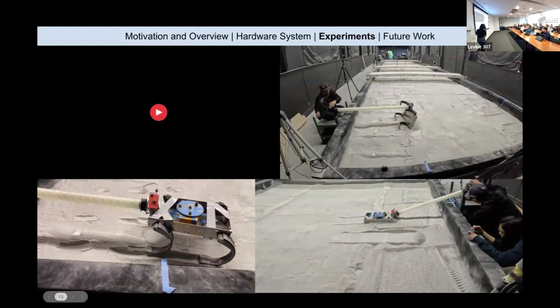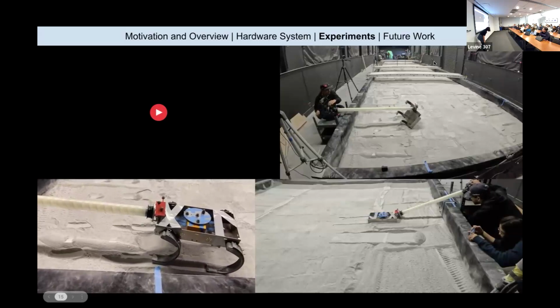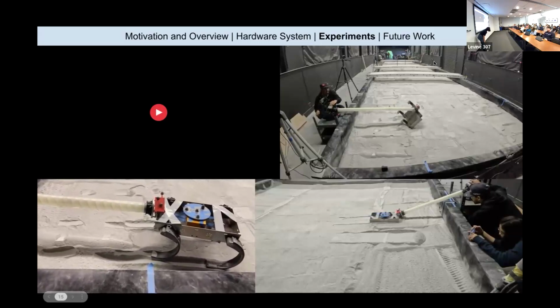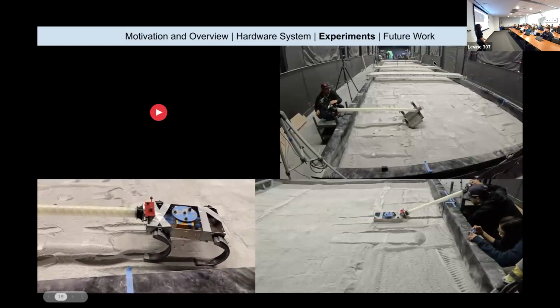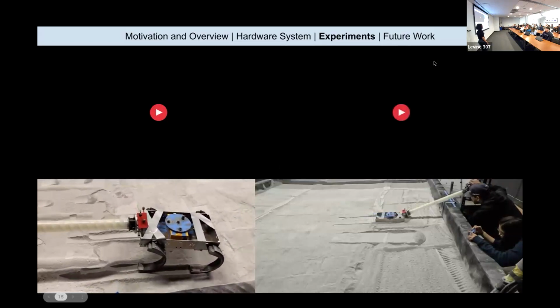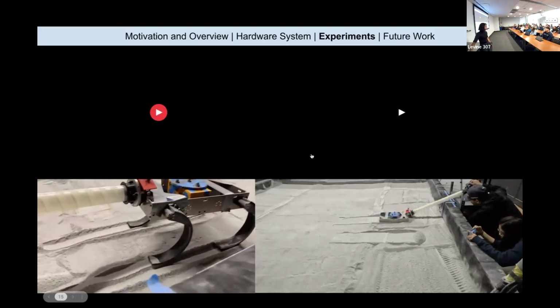You can see the differences between the tamped and fluffy areas on this bottom image right here. The center is where we tamped that down, and the back part was where we fluffed it. And after all of those experiments, we got a couple of really big insights, especially from a hardware standpoint. Very important